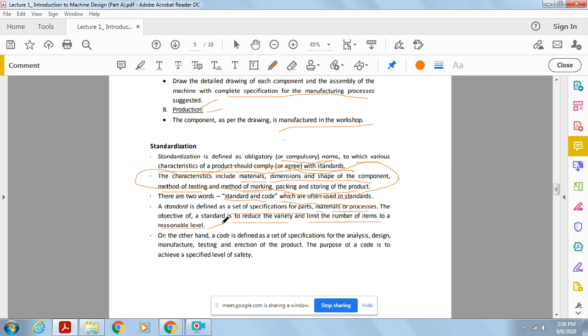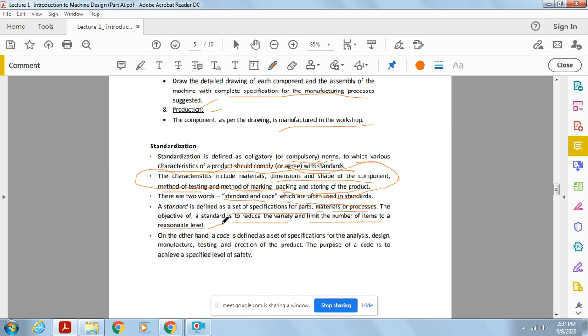We need very small varieties, very small competitive markets, but those markets will be prepared following the guidelines of standardization. We are not allowing others to prepare their design as per their own process. So one is always advised and recommended to follow the Indian standard code, American code, or any other internationally accepted code. That is the important part of the standard.